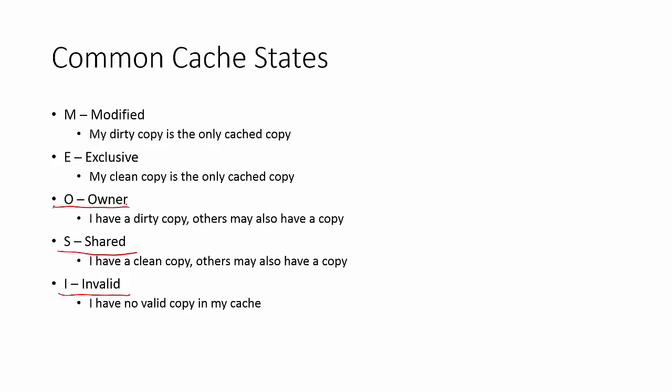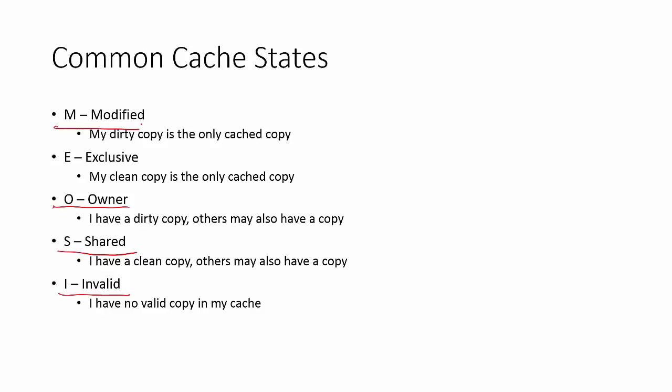Owner state, or owned state, O, is a similar kind of state, except that it signifies that this cache line has once been modified, so that the memory is dirty, or the copy is dirty, so that when it has to be discarded, we have to write it back to memory to update the memory. The system allows one cache line to be in the owner state, and the other ones may be in the shared state. And then we've seen the modified state, M, which means that my dirty copy is the only cached copy. Memory is not clean,